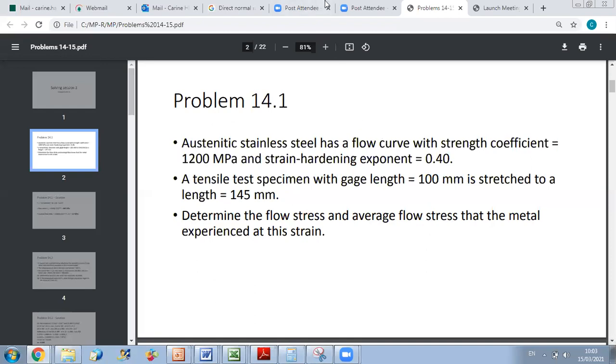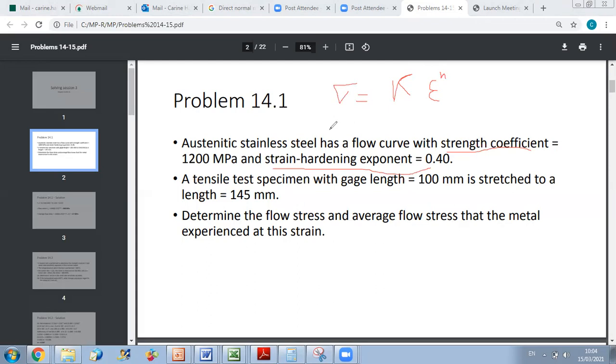So first, let us see what equations we should use. First, they gave us the strength coefficient and the strain hardening exponent of stainless steel. So we can relate sigma and epsilon, of course the true values, by sigma equal to k times epsilon to the power n. Okay? This will allow us to calculate, if we know the value of epsilon, we can determine the flow stress